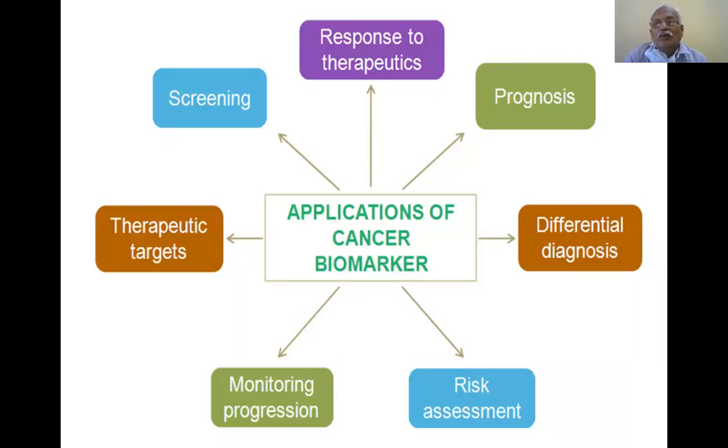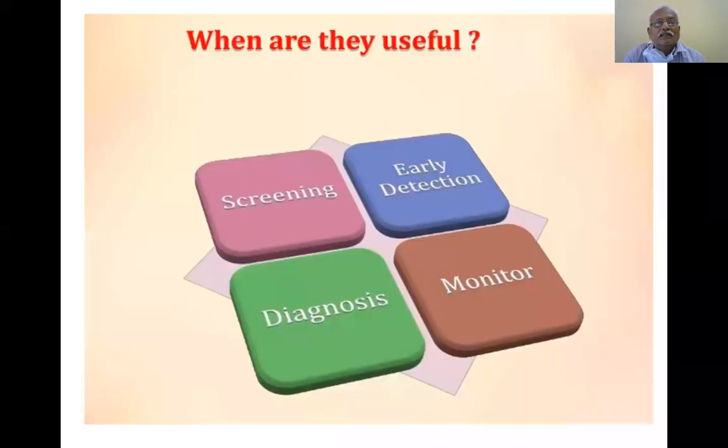So how far he is responding, how far he is nicely coming down with the treatment. And differential diagnosis, what type of cancer he is ultimately suffering from, we can know. The risk assessment can be known by the amount of tumor markers. Monitoring the progression is always there, and the therapeutic agents, how best they are working on the body. If they are giving good response, the tumor markers will be getting less and less. So they are useful in screening, they are useful in